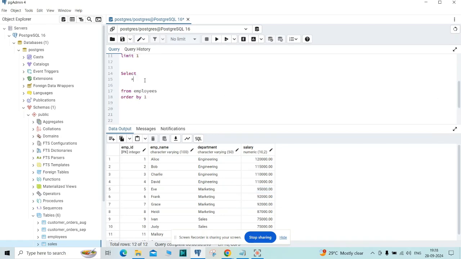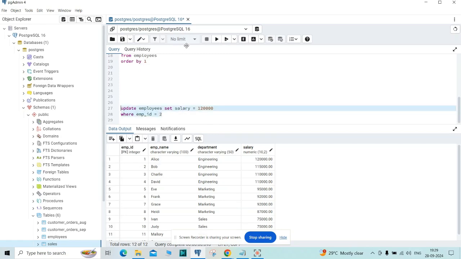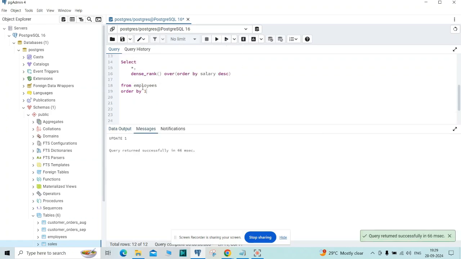So there is a function called dense rank. What this will do is assign rank based on the chosen column. I'm just writing over, you don't have to do any partition, so I'm skipping that. Order by salary descending. This will arrange your salary in descending order and then assign ranks accordingly. I will show you. Before that I will just update this record for Bob so that it becomes easy for you to understand. I'm updating it to 120 where employee ID is 2. If I run it again,